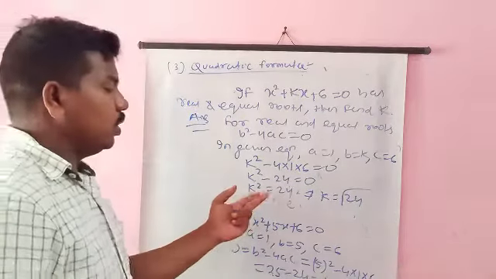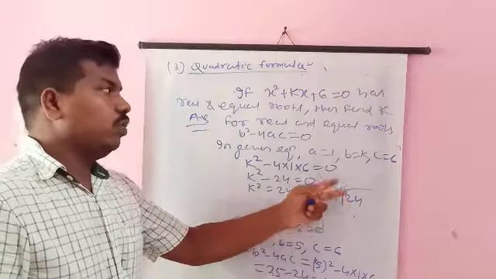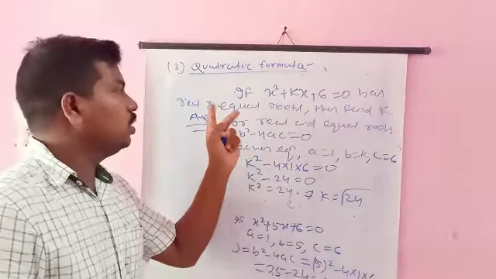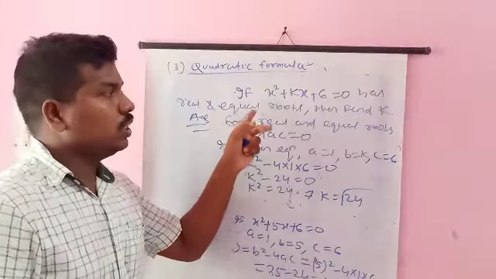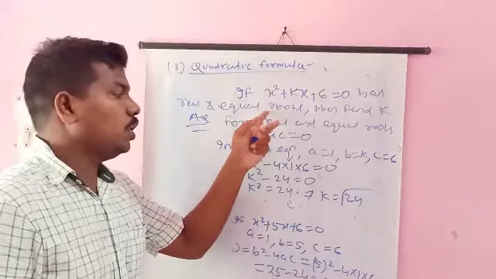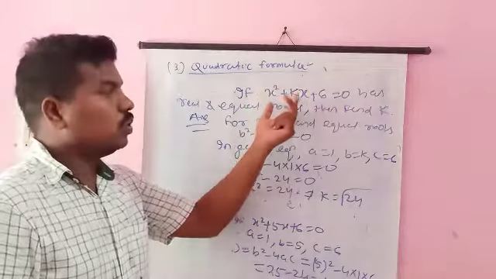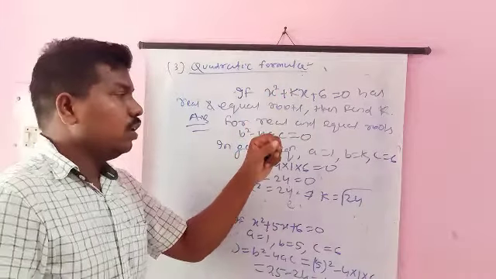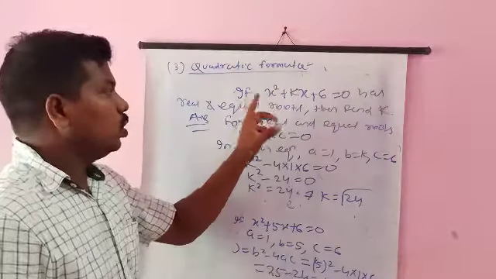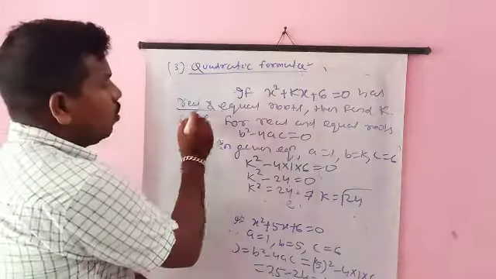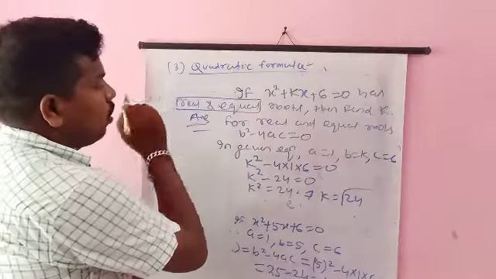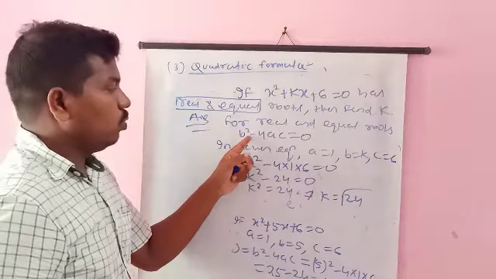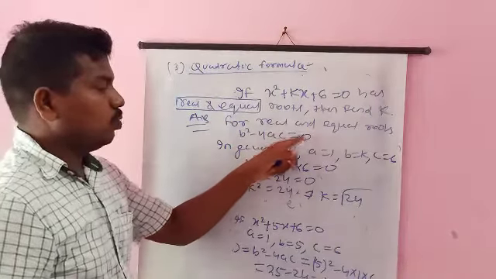Okay. So in this way we have to find the value of k if the condition is already given in the question: real and equal, real and distinct, or imaginary or complex roots. Sometimes in the given question there will be p or lambda instead of k. So first we check what condition is given in the question, and according to that, we apply the condition. Here it is given that real and equal, so we put the condition b square minus 4ac equal to 0.